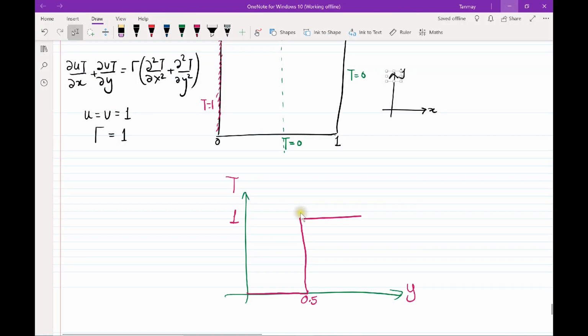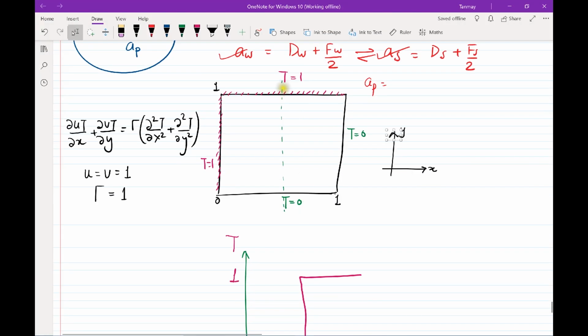So I'll go back to the notebook here, and this green dashed line indicates the center line in our problem statement. Because we have 1 on the top and the left boundary and 0 on the bottom and the right boundary, this center line temperature variation becomes important when we have a very high value of Peclet number or a very small value of this gamma.